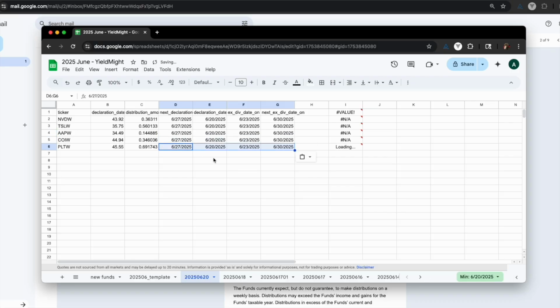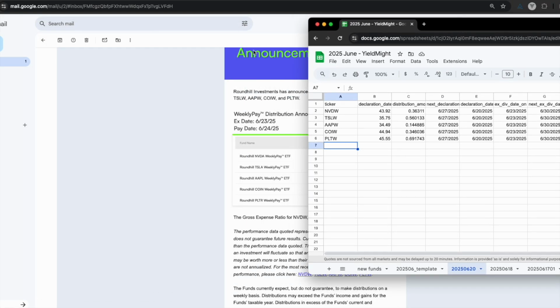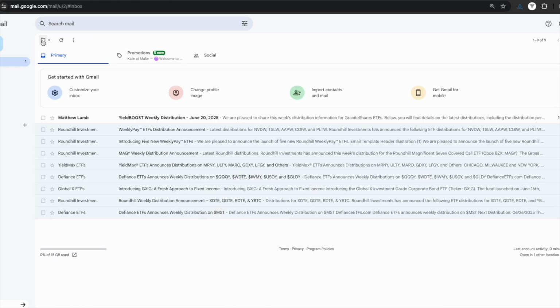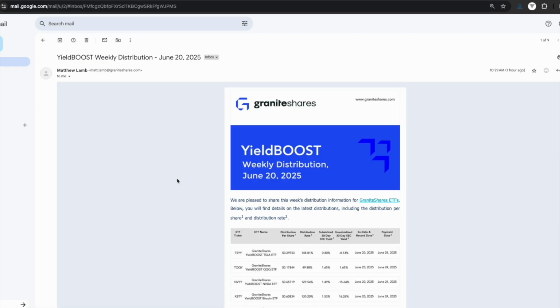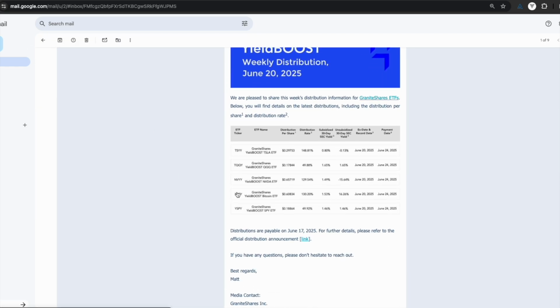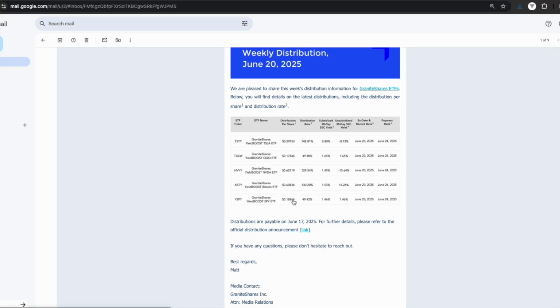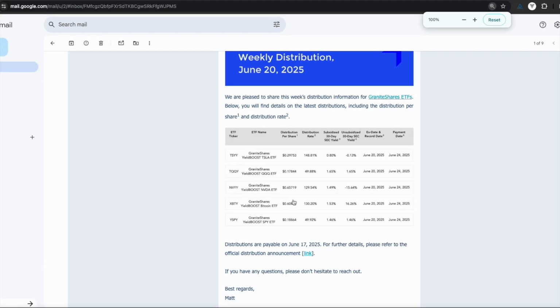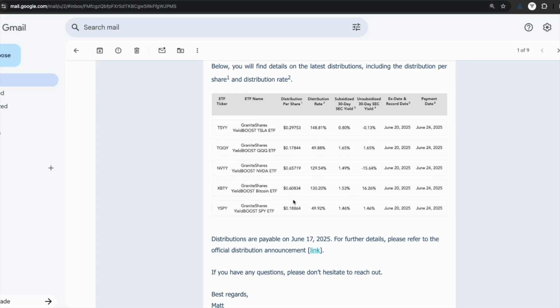Okay, and then if I was done, I would delete this column, but I do have the yield boost. So we have TSYY, TQQY, NVYY, and the XBTY and YSPY.